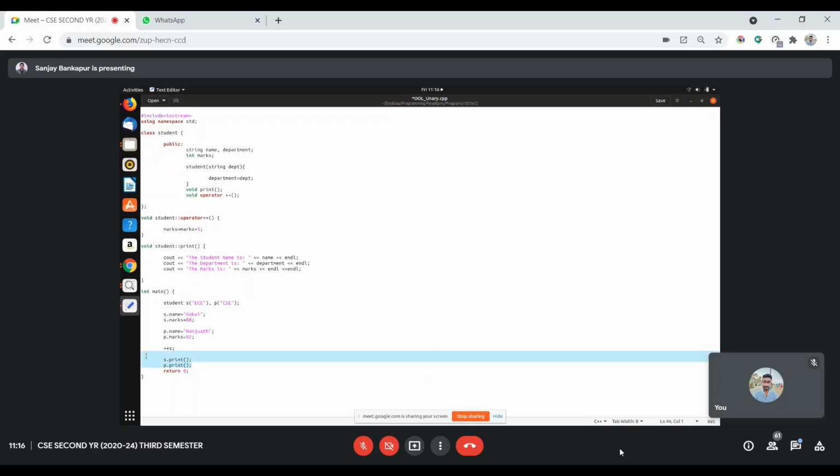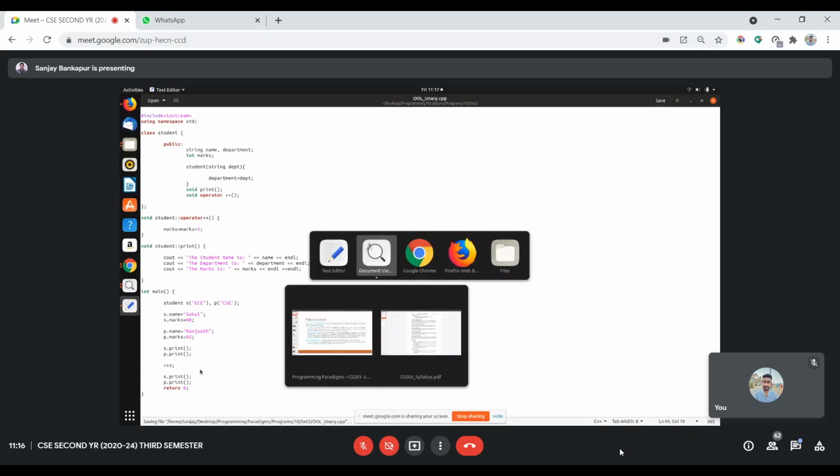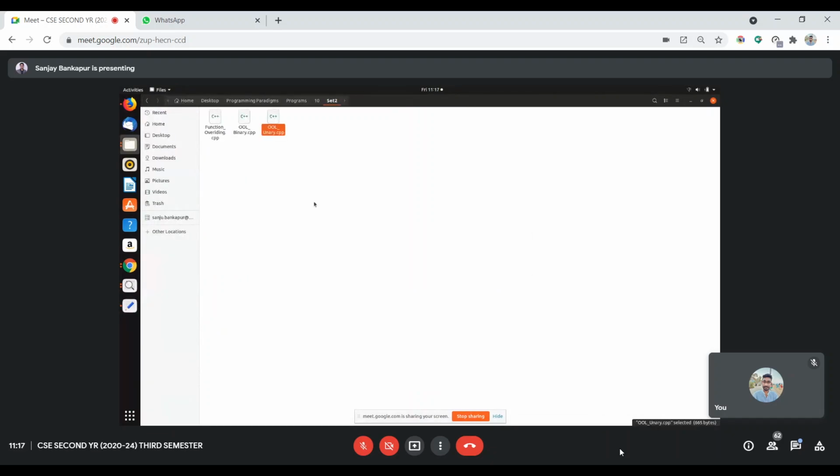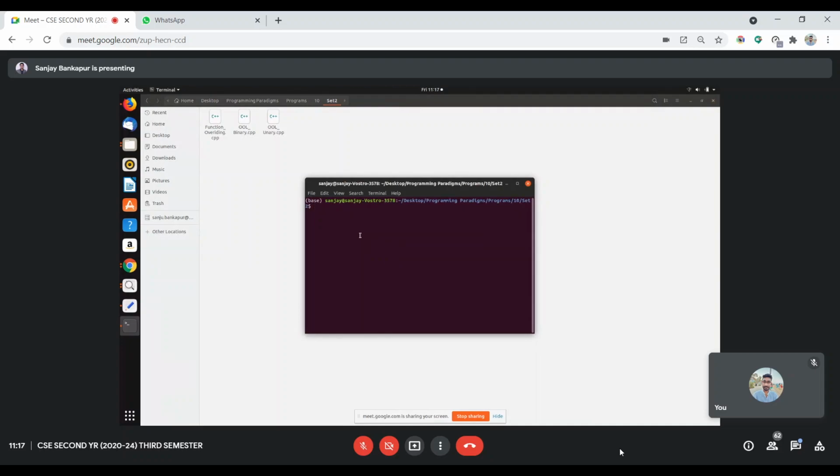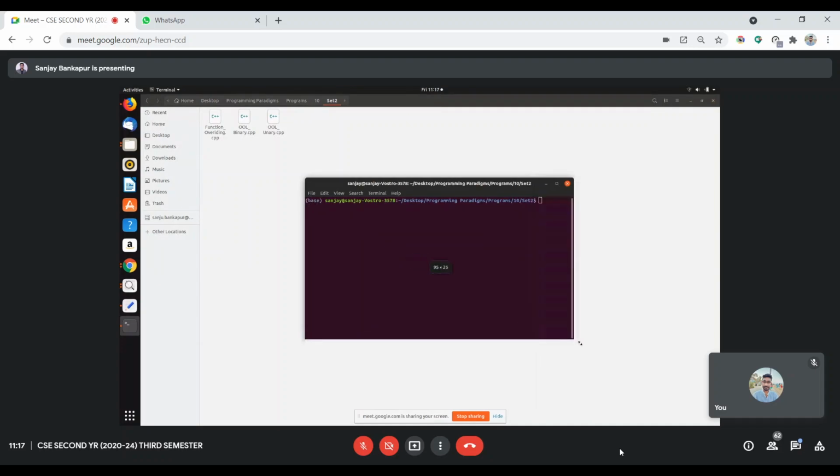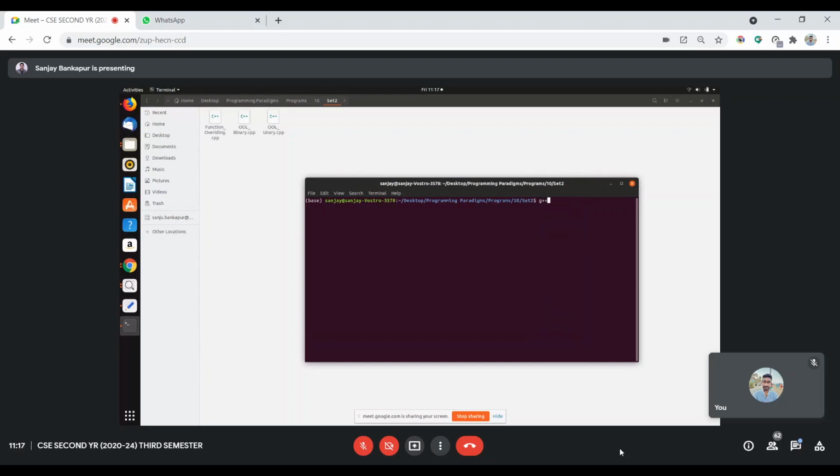Again, I'm trying to display it. So before incrementing and after incrementing, let's display and see quickly how exactly the output looks. G++, right now we are looking into operator overloading unary operator, dot slash a dot out. So Gokul is 88.